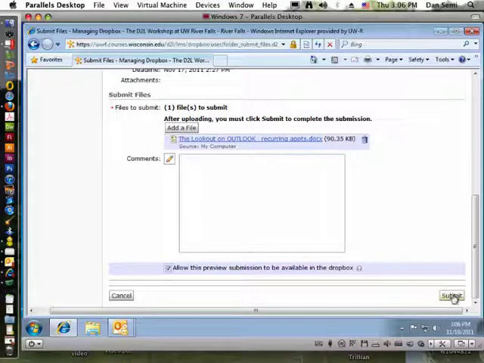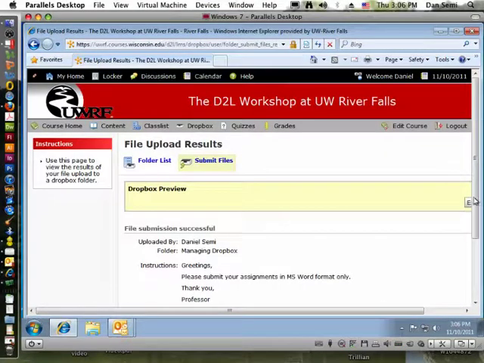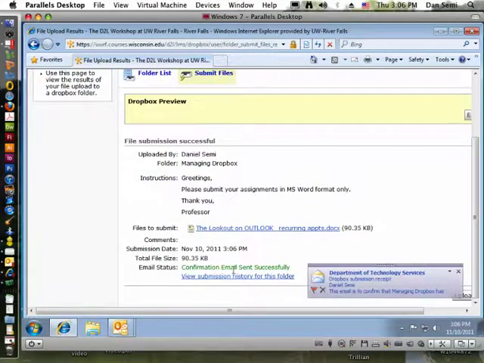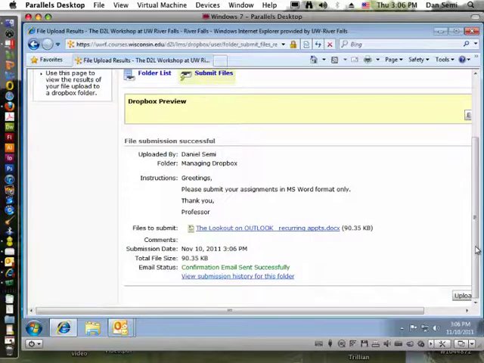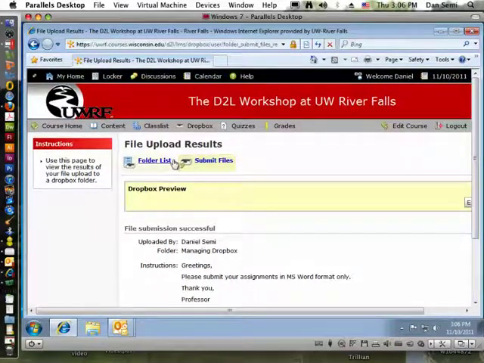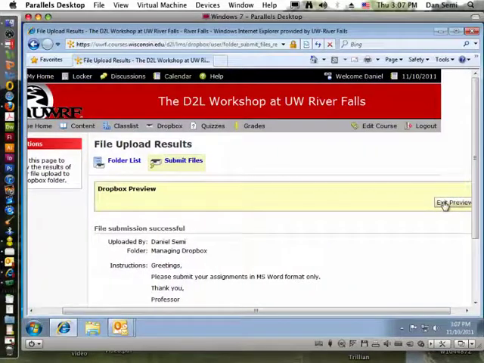So now once I've checked that, let's submit. And now you'll see that the confirmation email was sent, and a view submission history. I could look at that. Here's the actual file that went up there. And now I'm going to go and look at this actual file that I did. So I'm going to exit the preview,